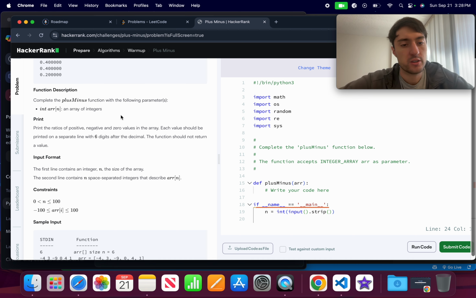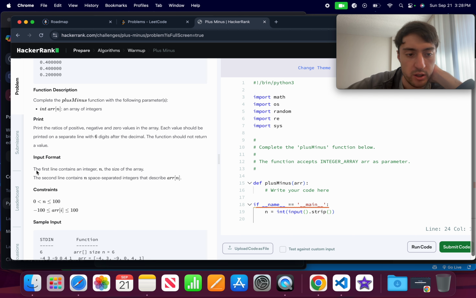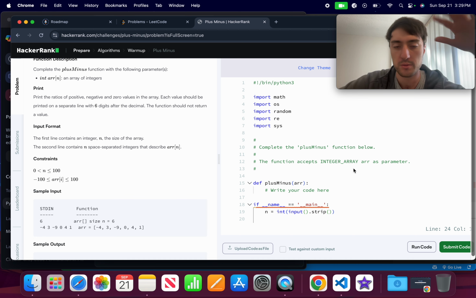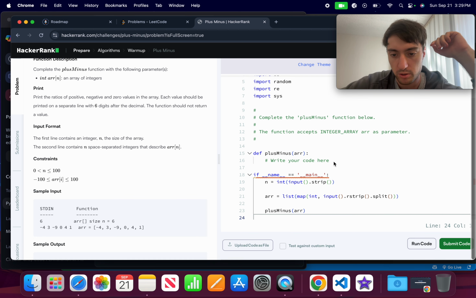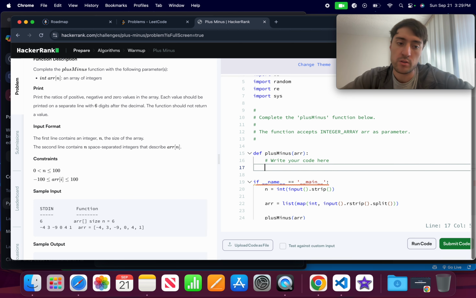Complete the plusMinus function with the following parameters: an int n and an array of integers. Print the ratio of positive, negative, and 0 values in the array. Each value should be printed on a separate line with 6 digits after the decimal. The function should not return a value. The first line contains an integer n. So this one is kind of similar to what we've always been seeing. Now that I've seen it multiple times, I'm just like, okay, that's the same as we always do. So we're given this, and I have an array that I want to find the